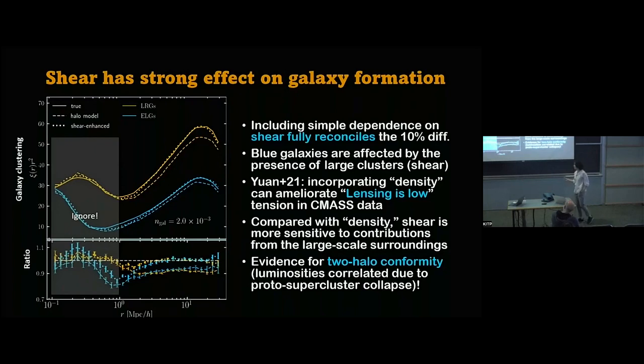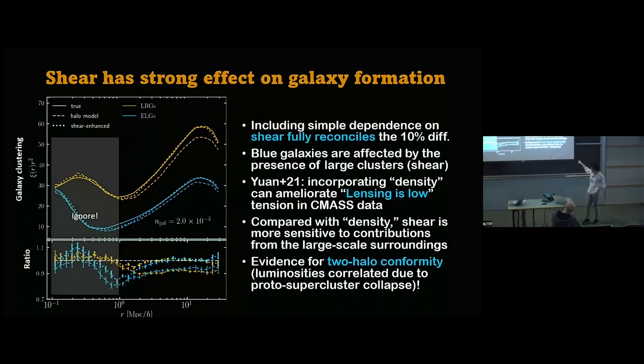That is particularly interesting, especially for blue galaxies, which have so far been understudied, but are becoming more and more important with Euclid and DESI and so on. And previously we showed that this holds true also for red galaxies in real data.